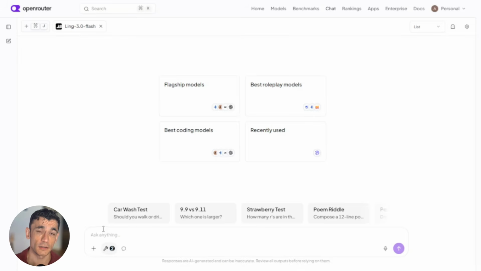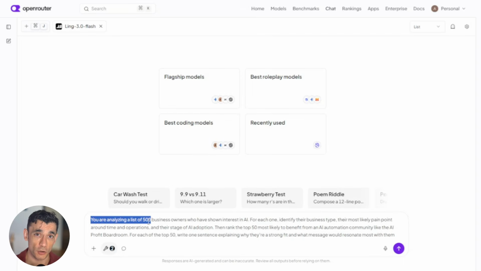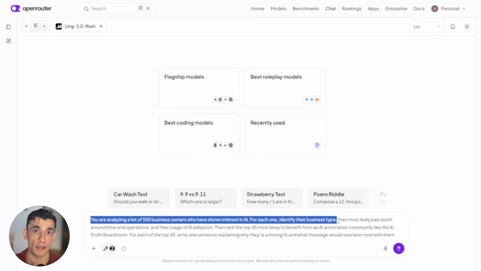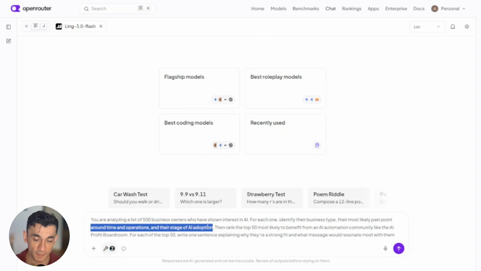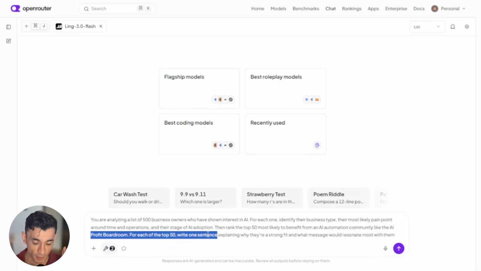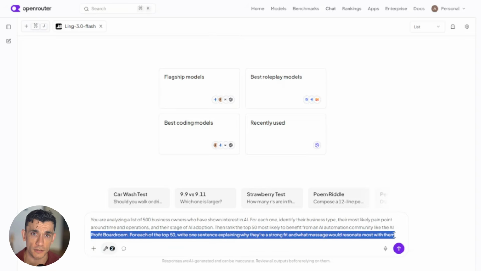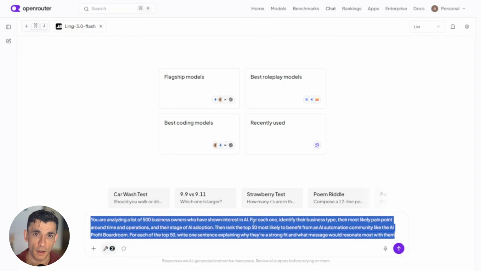You are analyzing a list of 500 business owners who have shown interest in AI. For each one, identify their business type, their most likely pain point around time and operations, and their stage of AI adoption. Then rank the top 50 most likely to benefit from an AI automation community like the AI Profit Boardroom. For each of the top 50, write one sentence explaining why they're a strong fit and what message would